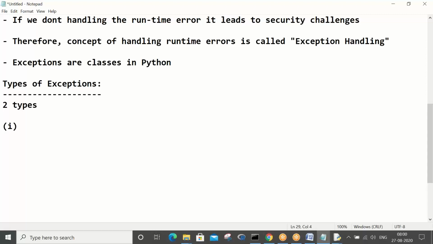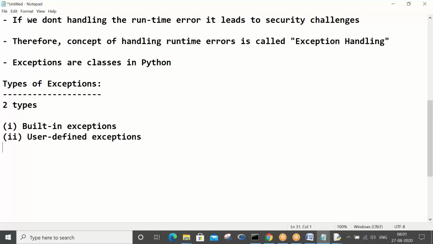The first one is built-in exceptions. Can you guess what is going to be the second one? Of course, user defined exceptions. Built-in exceptions and user defined exceptions.